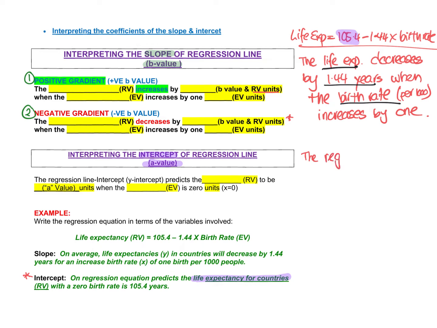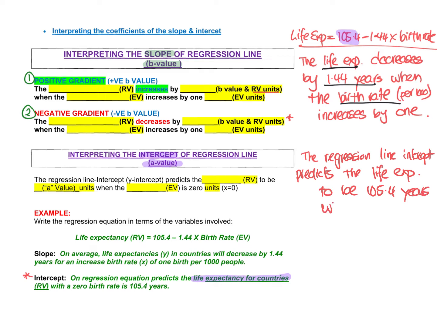So we'll say the regression line intercept predicts the life expectancy, so that's what my RV is, to be 105.4 years when the birth rate